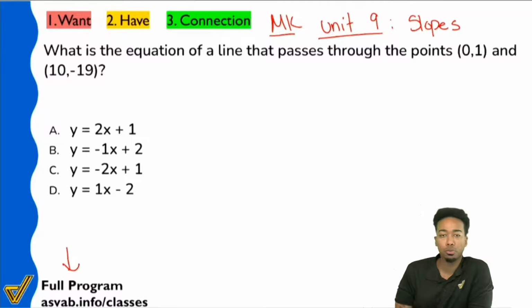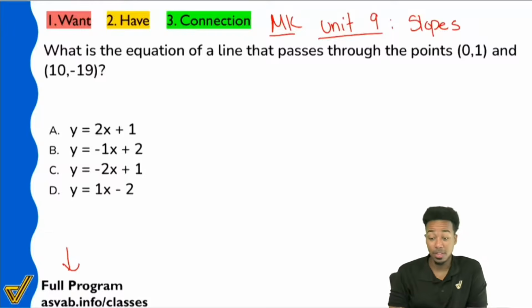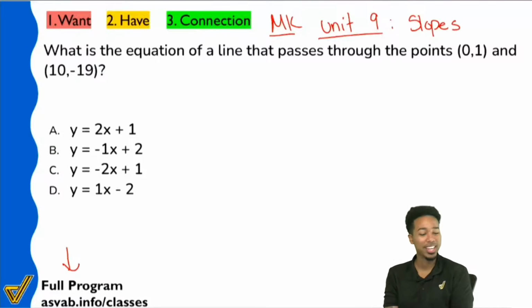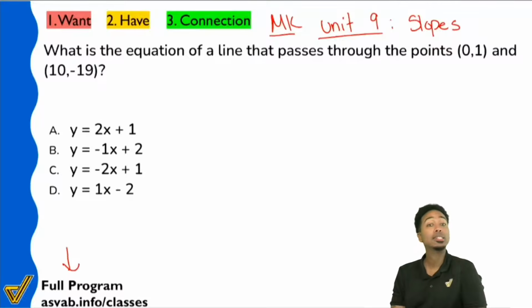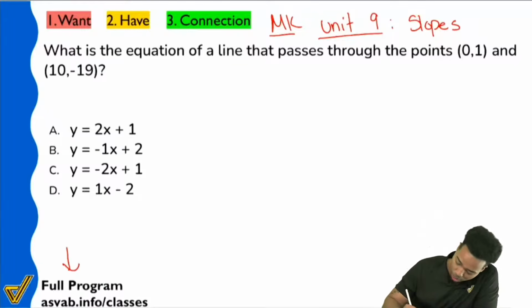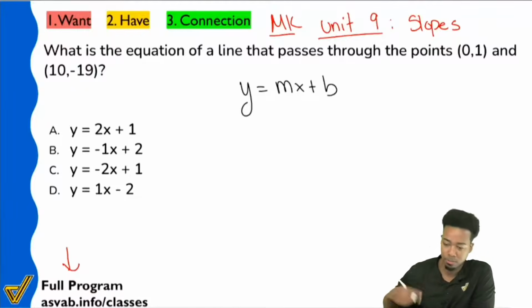Everyone, when you look at the answer choices, what is it that we're looking for? What form are these answers in? Who recognizes this? Yeah, that's correct. No need to put a question mark there, Olivia. It is y equals mx plus b. Absolutely. It's the equation of a line. Y equals mx plus b.